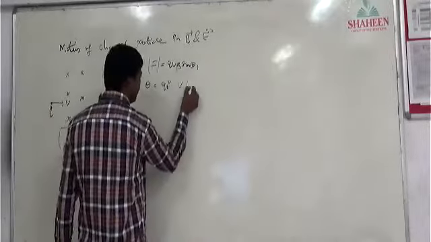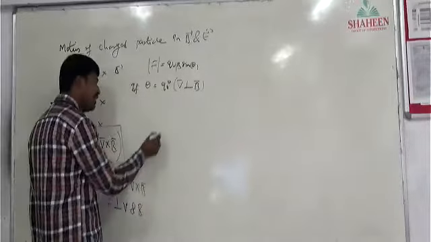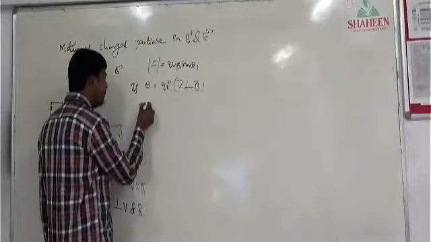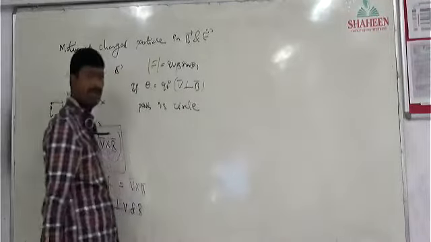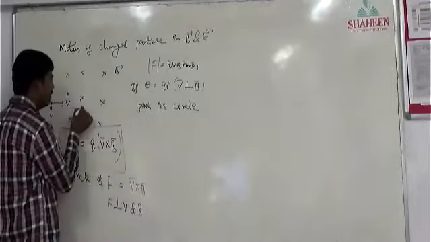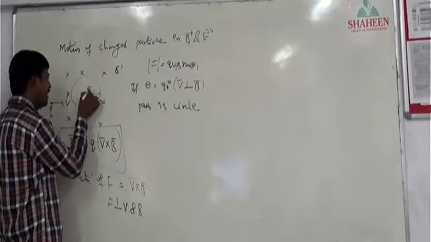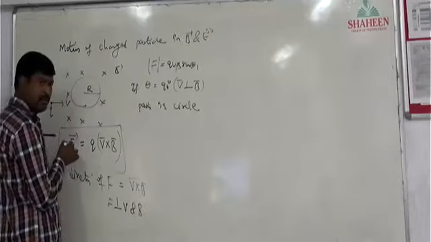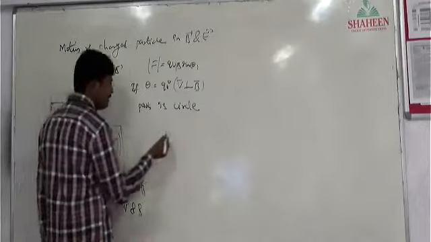That is V perpendicular to B. At that time the path is definitely a circle, without any doubt. Circular path will come, like this. So a circular path will have a radius. So what is the radius of the circular path?